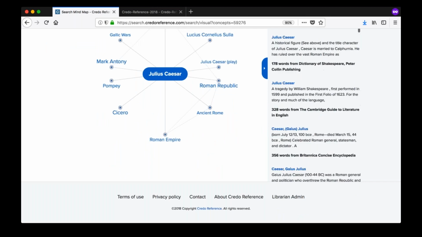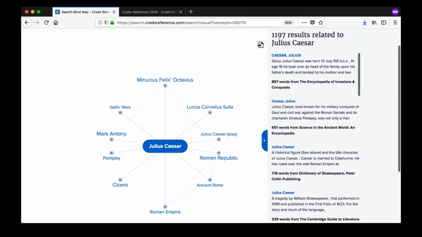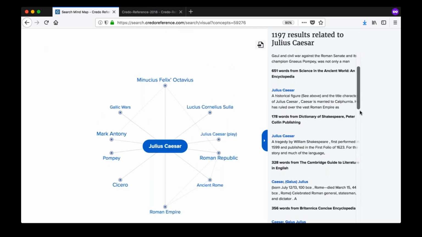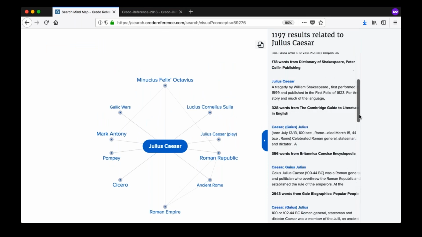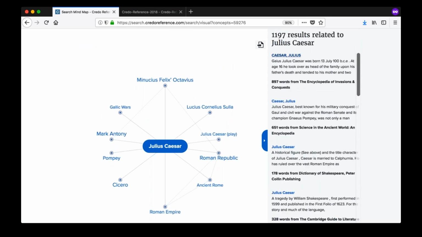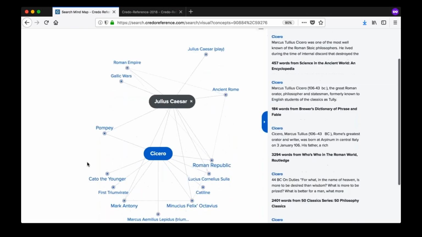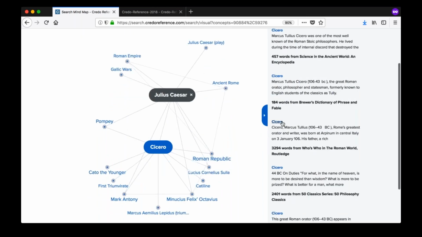So we've essentially done a keyword search in your Credo title list on Julius Caesar to find the background information to help you get your context on who this man was. You can click on different concepts surrounding Julius Caesar to open up new vocabulary words and new background information. So you can see how Julius Caesar relates to Marcus Cicero,